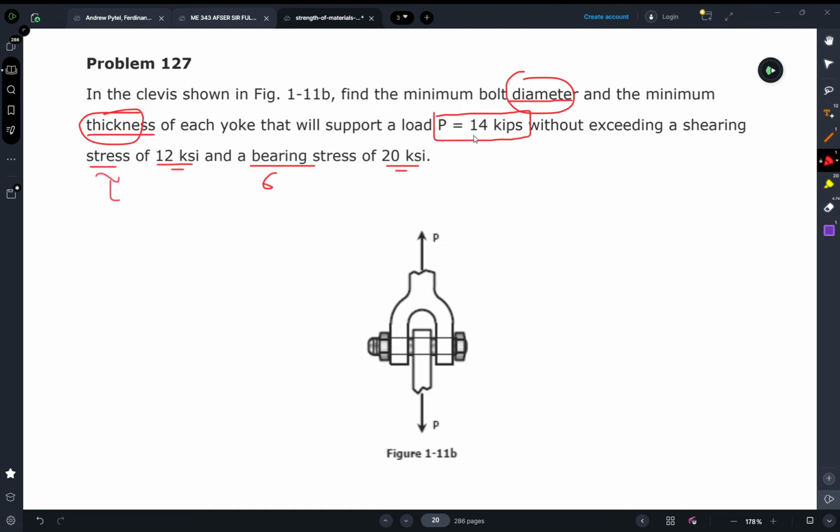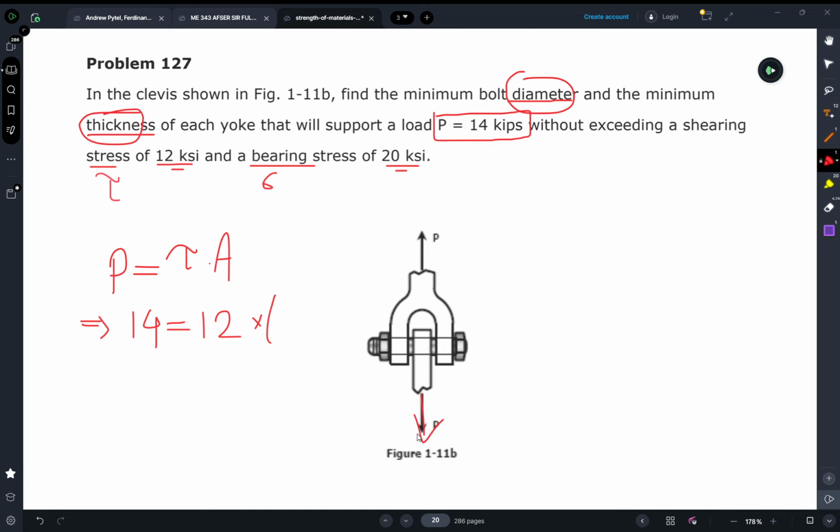So in the shearing stress equation, we can write that P equals to the shearing stress times the area. Here P is given as 14 kips, so we will write 14, and then tau is equal to 12, and the area. So here is the catchy part. The area will be